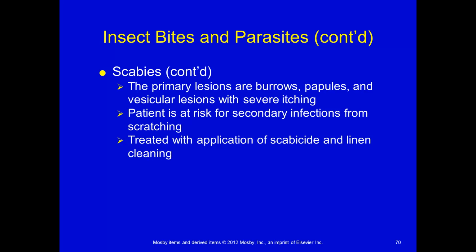And again, the primary lesions are burrows. They actually burrow down into the skin, so you can actually see, with the naked eye, the burrows when you're looking at the skin, the little tunnels that they've created. And then you have these papular vesicular lesions with a lot of severe itching where they've actually laid